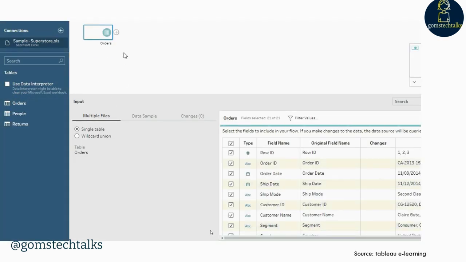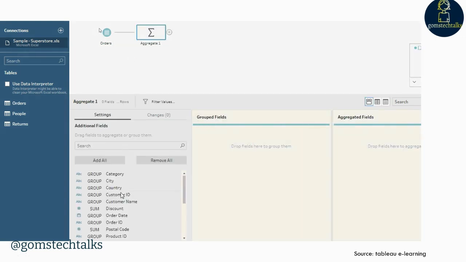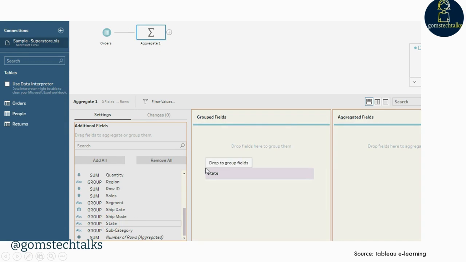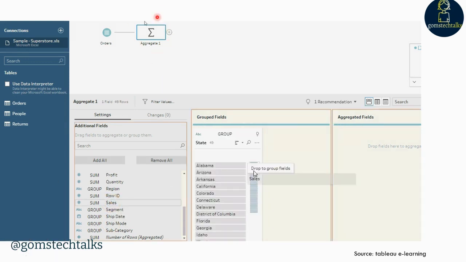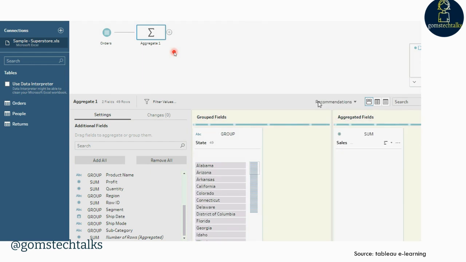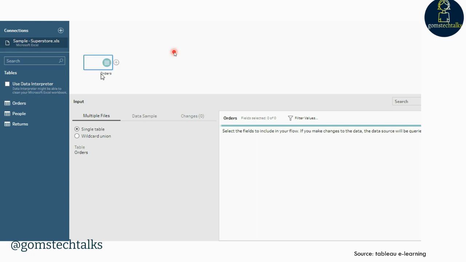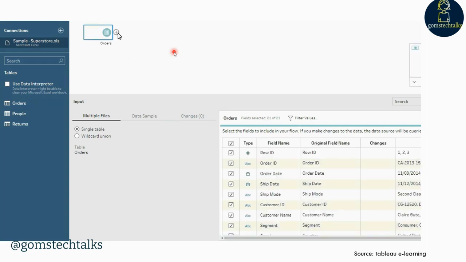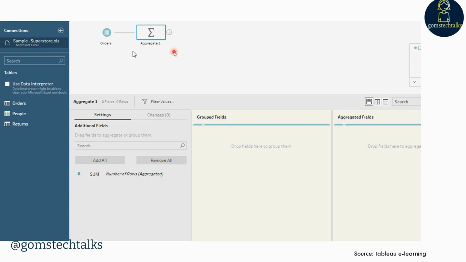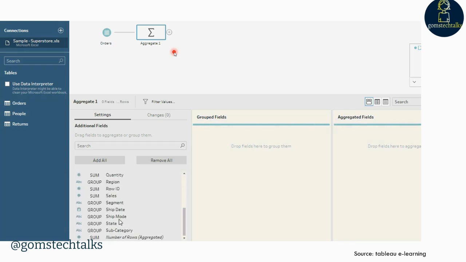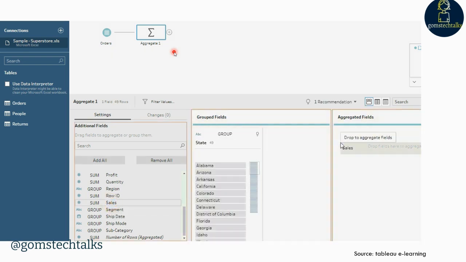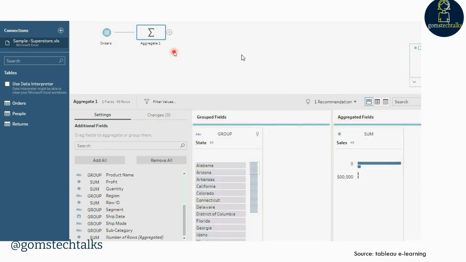As an overview, you just drag and drop the sheet or table you have, and then connect it with the aggregate step. Before that, if you want to do any cleaning step or any other process, like join or union, you can also do that. Or else, if you just want to go ahead with an aggregate, you can simply click add aggregate functions, and then go ahead on what basis you have to group the data and what aggregated field you want. We will discuss that in detail with a practical example.